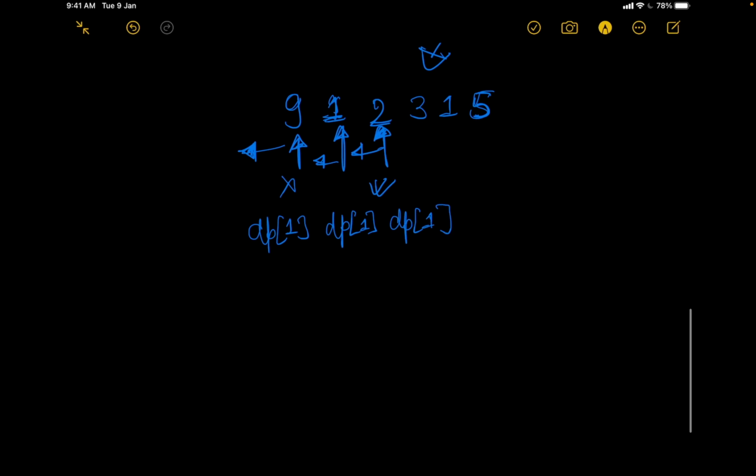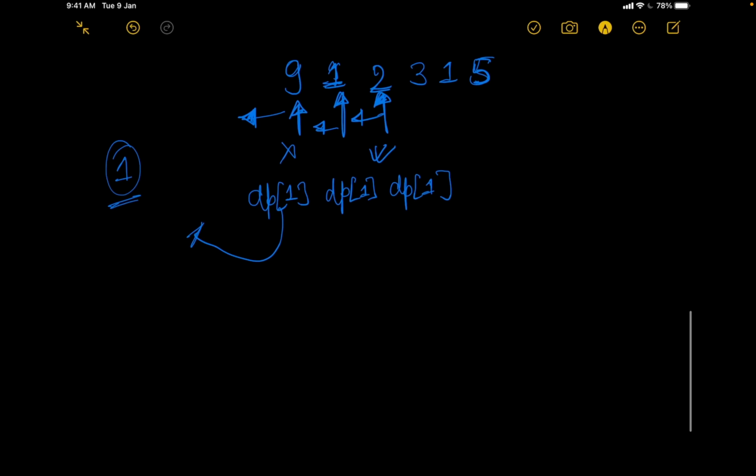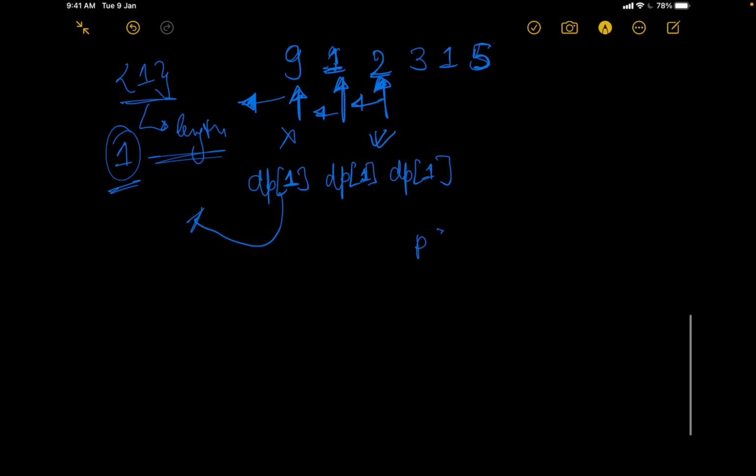So the reason it's having 1 is that even if a single element is present in the final solution, the answer would still be 1, right? Because even a single element would correspond to a sequence having length 1. So hence the minimum answer is 1. We are populating the DP with values 1. So over here dp of 0 is 1, dp1 is 1, 2 is 1, 3 is 1,